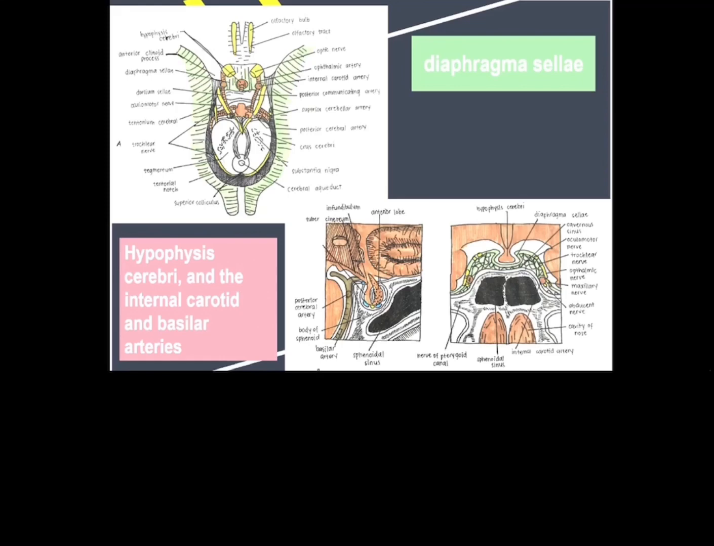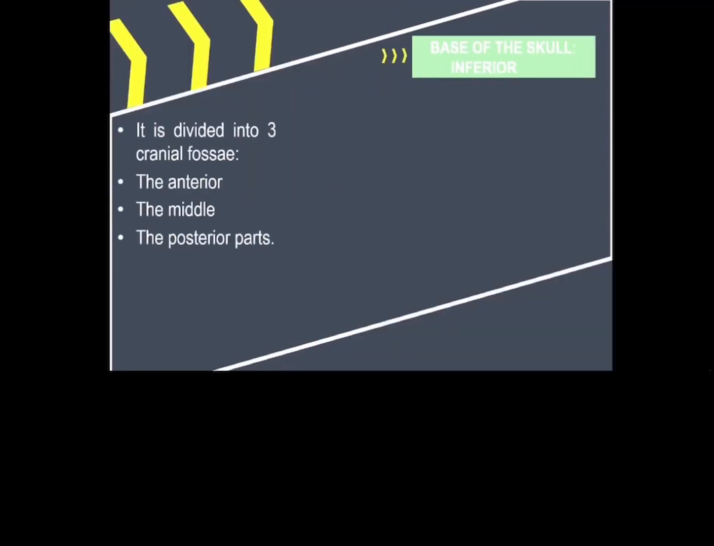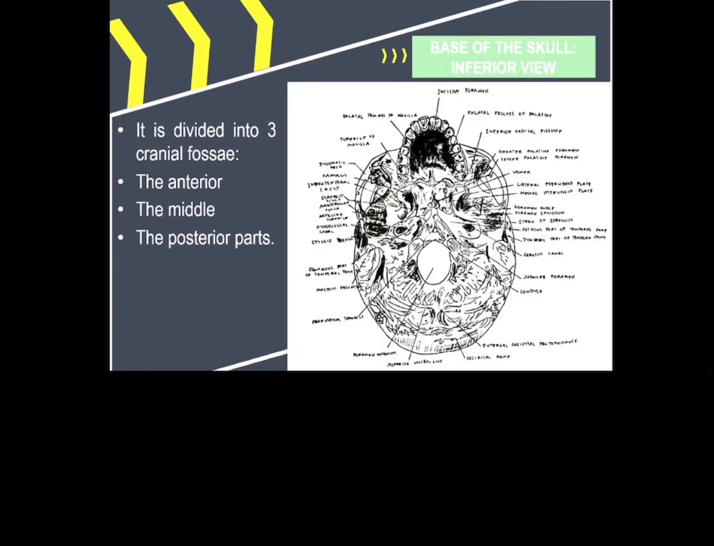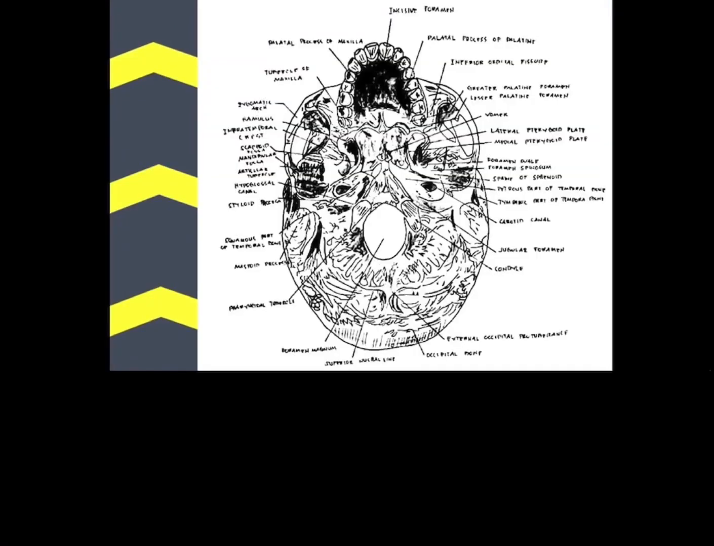anterior lobe. This view of the skull looks enigmatic, scary even, but this is the inferior view of the base of the skull. Here we see the different parts that we can see from the inferior view. These parts are the incisive foramen, palatal process of maxilla, tubercle of maxilla, zygomatic arch, hamulus, infratemporal crest, scaphoid fossa, mandibular fossa, articular tubercle,